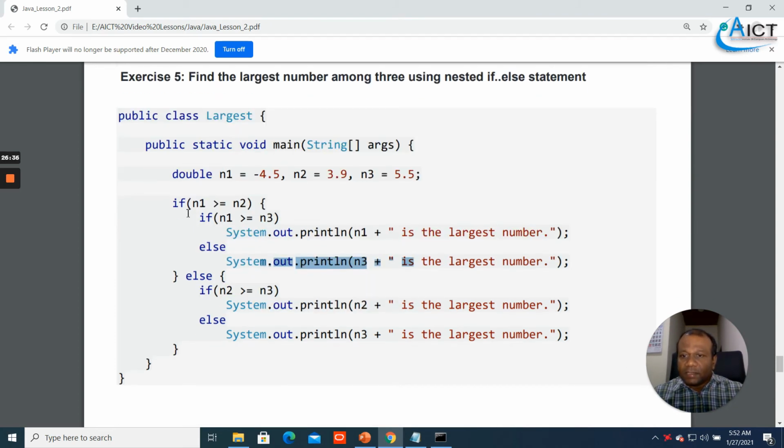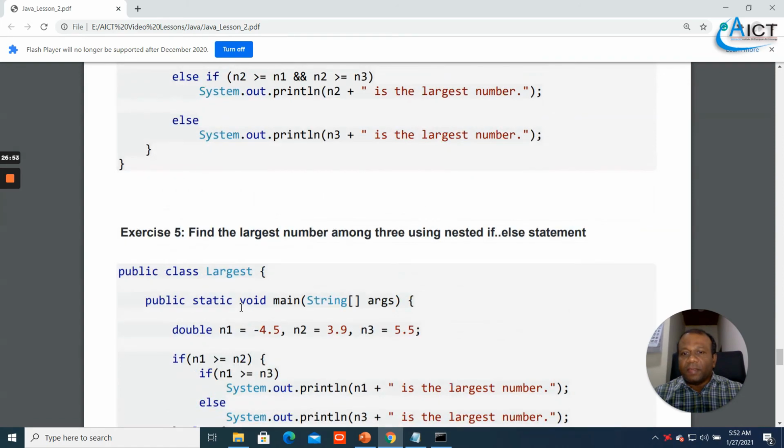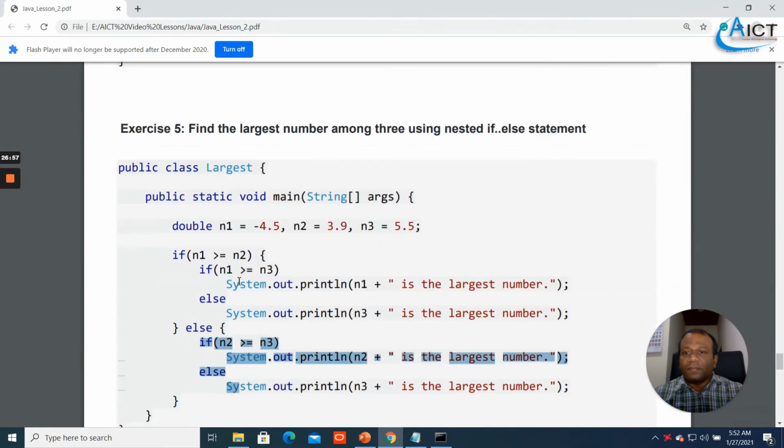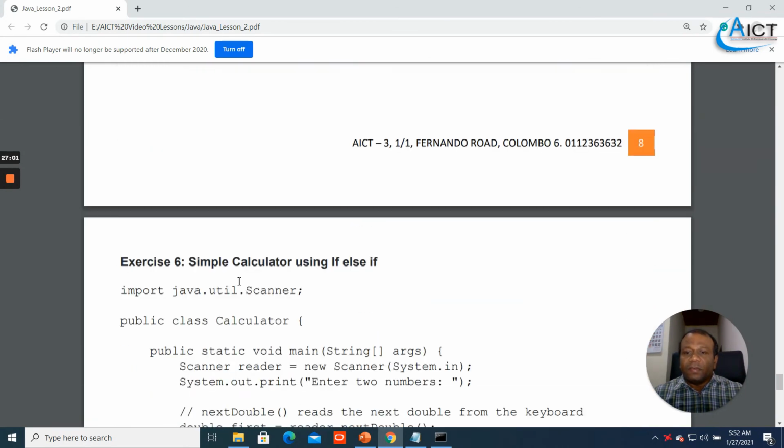Else, inside that again another condition: you are checking n2 is greater than or equal to n3, and else. So inside the if you are checking another if and else, and inside the else you are checking another if and else. Both are the same way, same program, different ways. So try this exercise 5 also.